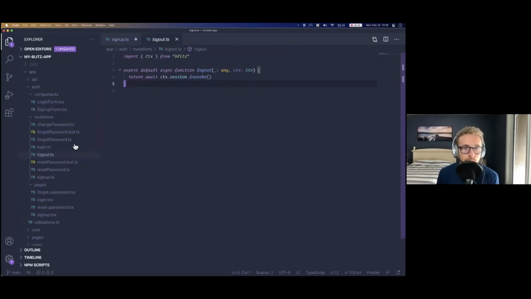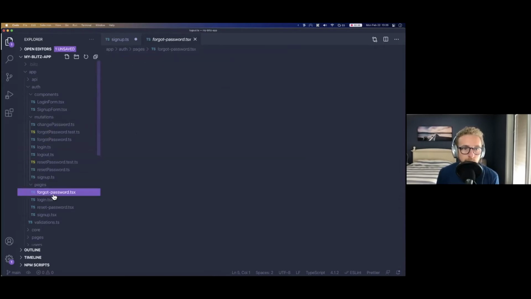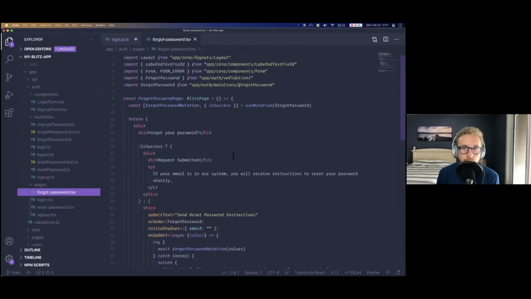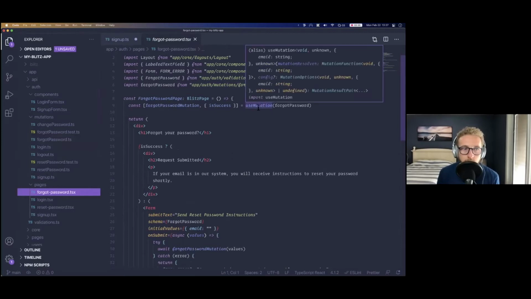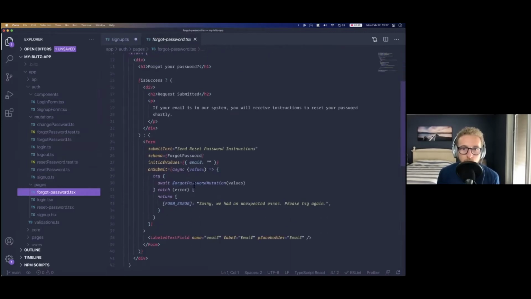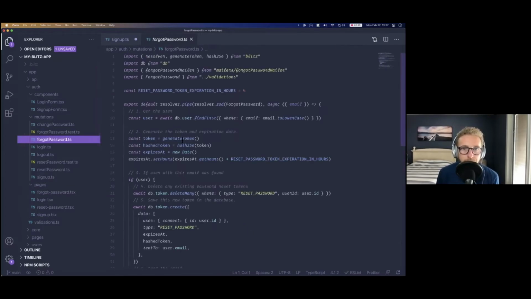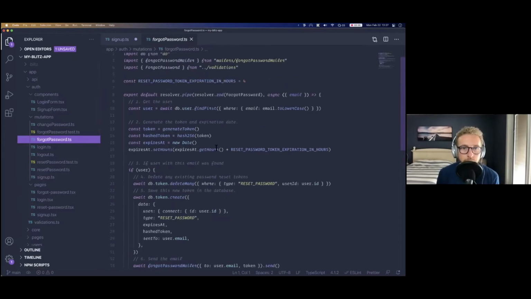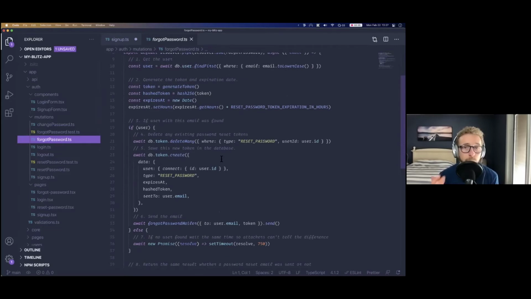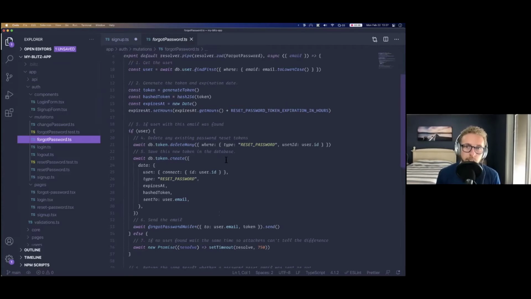Okay. So let's look at forgot password. So we'll go to the forgot password page, and you can see the same thing. We import a forgot password mutation, pass it to the use mutation hook, and call on submit, call that the mutation. So let's look at that mutation, forgot password. And so this is a bit more involved. You can see there's more stuff going on here, but we comment everything. And so you have full control over it. So as your app, your business, whatever gets bigger and bigger, and you need to customize stuff, you can just go in here and just change the code to whatever you need.